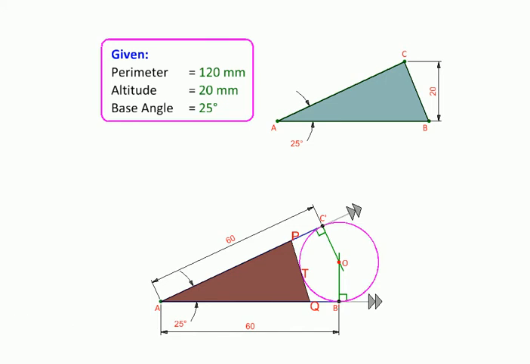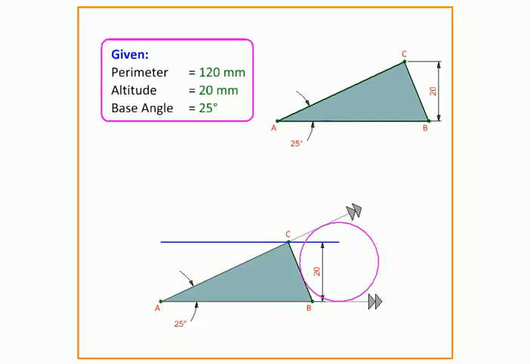So I'll just erase this triangle and these points, and instead let us draw a tangent from this point C that we have to the circle. Wherever it meets our base, that will be our point B, and then we just complete the triangle. Now you might have found this solution a little dull and less challenging because it was much simpler than what we dealt with earlier. So let's add a twist.